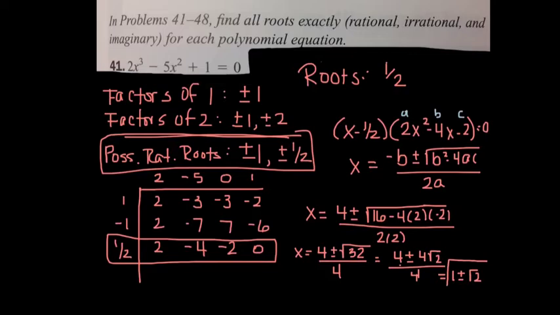So up here in my list of roots, I already have 1/2 as a root. The other 2 roots are 1 plus or minus the square root of 2. So my 3 roots are 1/2, 1 plus the square root of 2, and 1 minus the square root of 2. Again, I'm asked to find